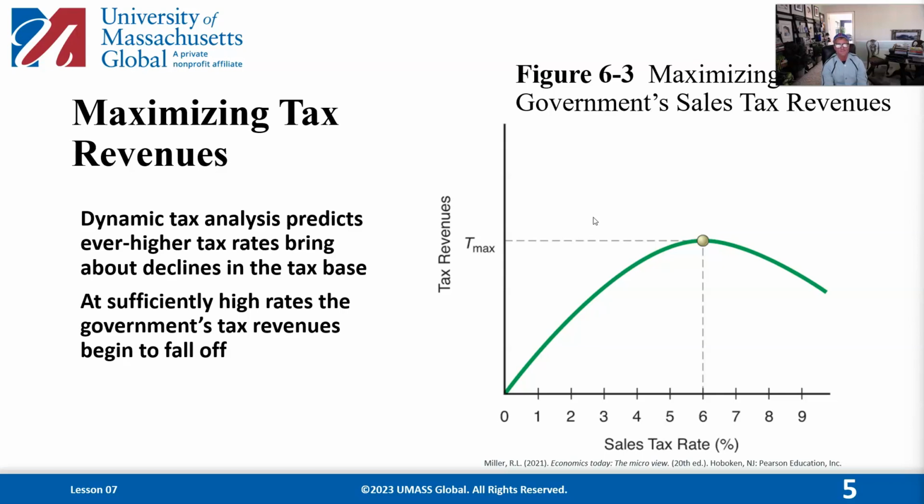It shows, and this is in regards to sales tax, that if sales taxes are too high, people just won't buy anything. A good example was some years ago, the government thought that they would tax yachts. Yachts are big boats that rich people buy. And so the government said, we want more money, so we're going to tax yachts. So every yacht that was built had an additional tax on it that people had to pay if they wanted to buy that yacht. You can imagine what happened.